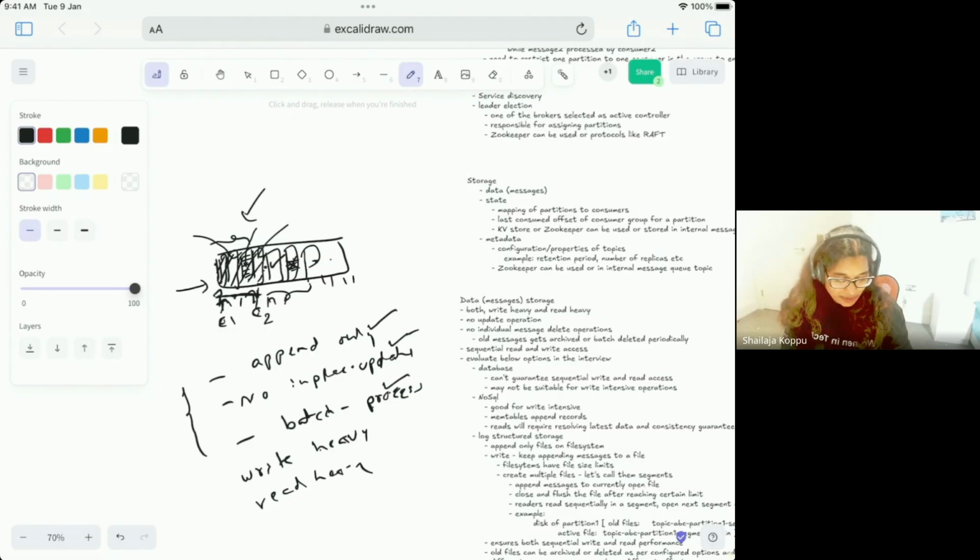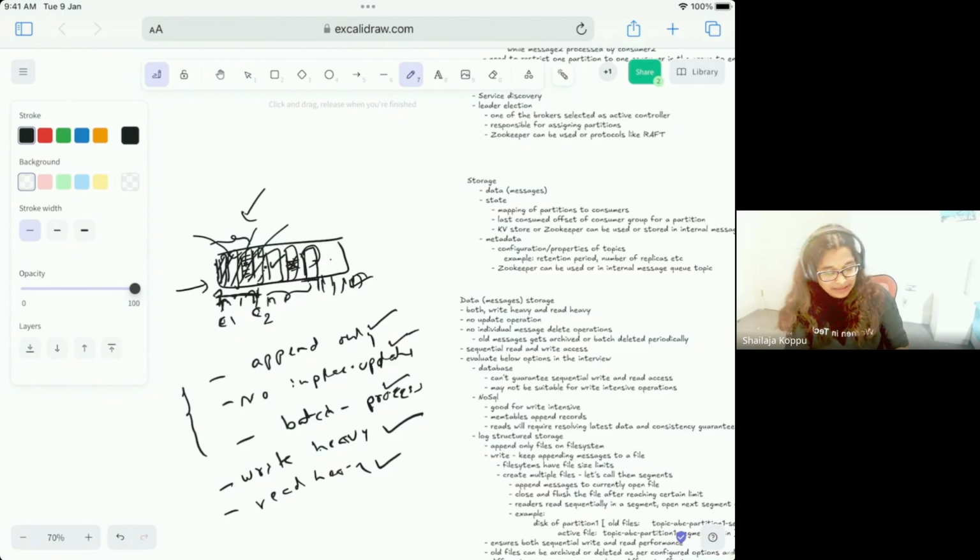Messages once produced are most likely going to be used once by the consumer, sometimes more than once, because there are many consumers, and one message can be read multiple times by different consumers. So it's a little read heavy, but it's equally write heavy, because messages are very short. This could be just a small 1 KB, but there are many more messages being produced. So the throughput is quite high. In this case, this system is both write heavy and read heavy.